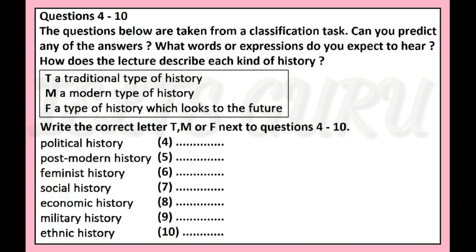History has moved on somewhat, and we can learn a lot about current views of history by looking at the proposed lecture topics in our leading universities. In fact, you'll see that even the simplest definition of history, that it is about what happened in the past, is up for grabs. Some of the more, how shall I put it, progressive areas of study are as much about what should happen in the future. One example of this is the field of postmodern history. Likewise, feminist history looks at the past to make sure the future will be different, and it uses the past to assist in its efforts to make the future as it wants it to be.